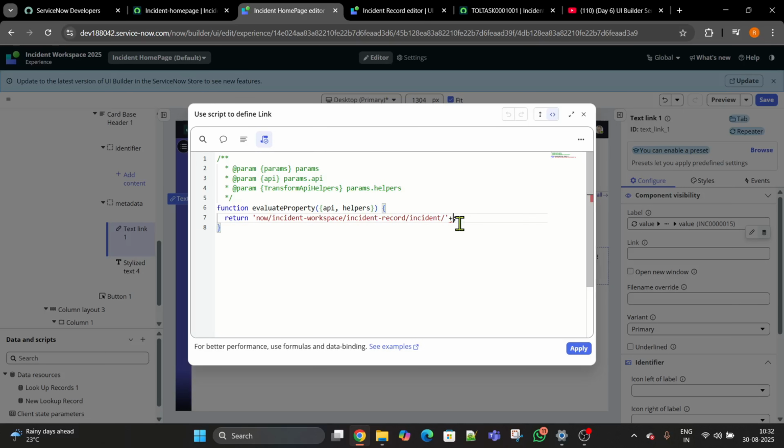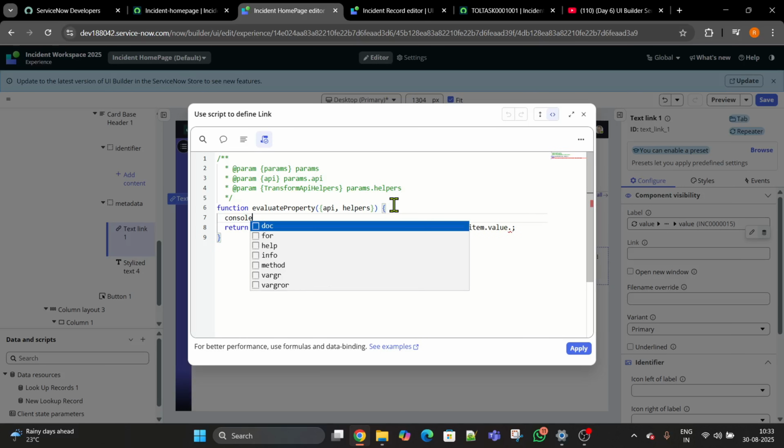So if I write API, which is nothing but the parameters being used here, that helps us go inside it and get the details of the item. So the name is called API dot item. Inside the item, you will have value. Inside the value, you have this ID. How did I get to know this? API dot item dot value dot SysID. Before you do this, you can type here